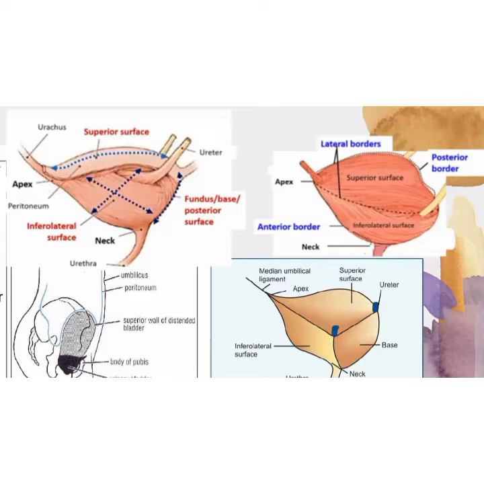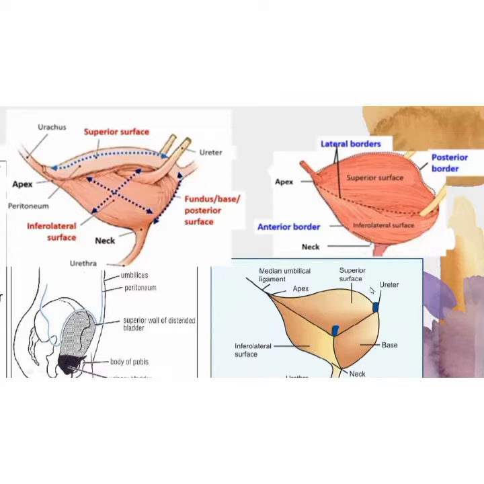Looking at the shape of the urinary bladder, we can describe it in two different types. When the urinary bladder is empty, it is tetrahedral in shape. See, this is the shape of an empty bladder, tetrahedral shape, and it has an apex. See, this is the apex, which is directed forwards. The apex is directed forwards, and the base, which is like the fundus, is present on the posterior aspect, or backwards. And the neck of the urinary bladder.